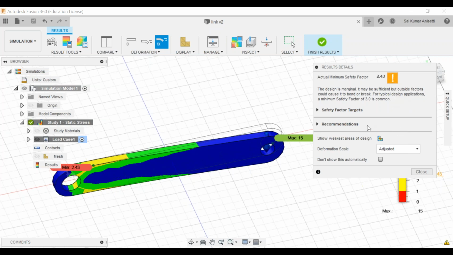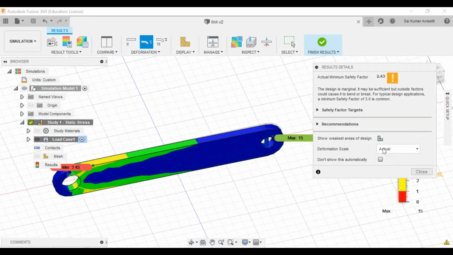Okay, so it depends on how you actually tune your model. Now you are having adjusted, and you have to define it as actual. By default it will go with adjusted. Adjusted means that it is not an accurate result. This is your actual result. Okay, now you can change your